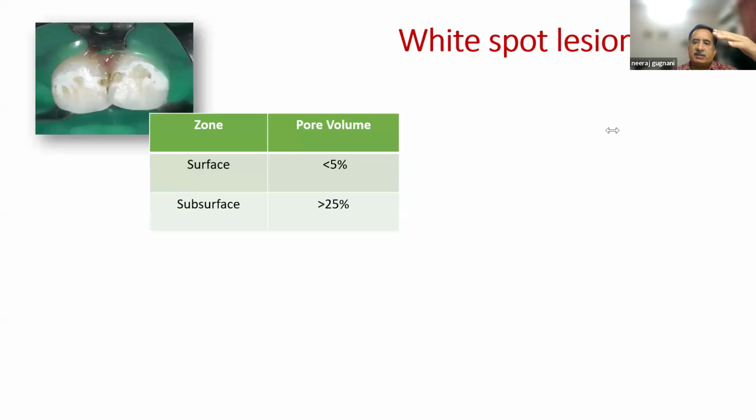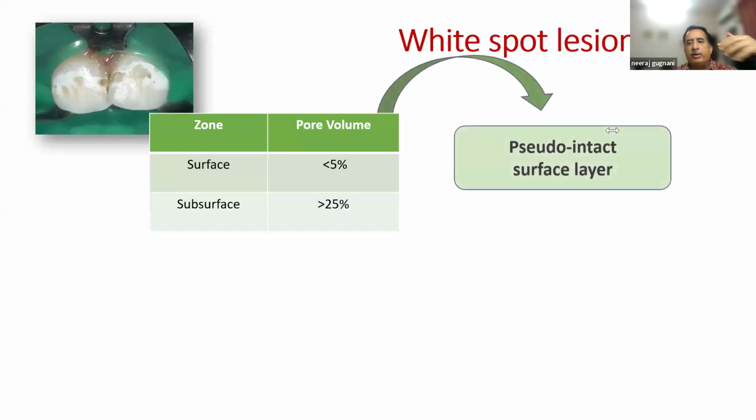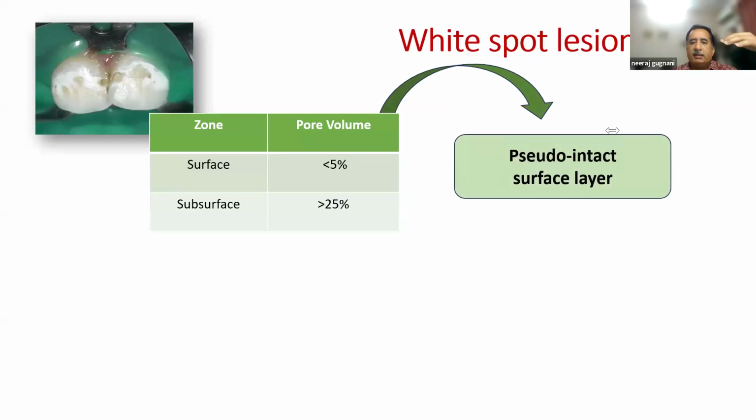So no doubt the demineralization will start from the top, but the outermost layers also start getting remineralized because of the presence of fluoride. So the outermost surface becomes a pseudo-intact surface layer, but just beneath that, the pores don't get so easily remineralized. That's why the pseudo-intact surface layer is still intact. So this is the primary reason it is recommended that you should not use a sharp probe, otherwise this pseudo-intact surface layer can break,